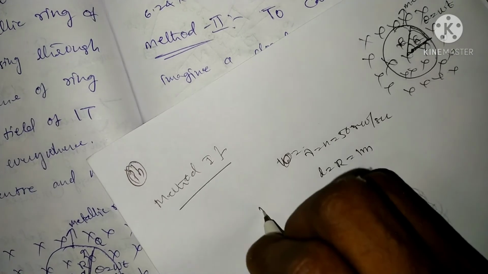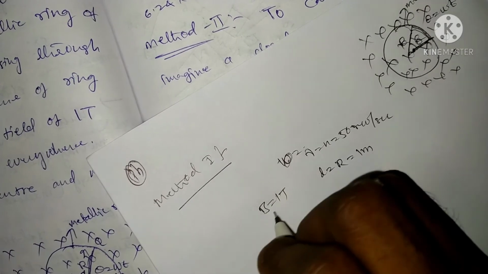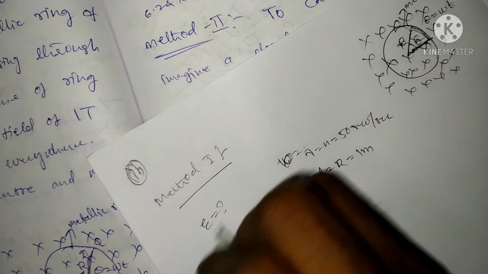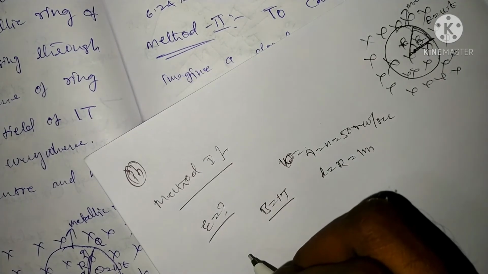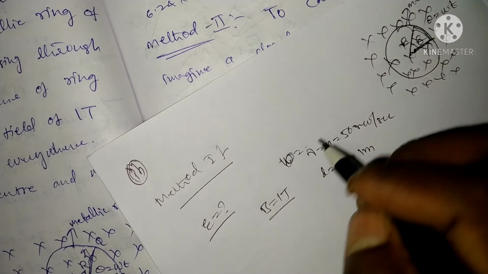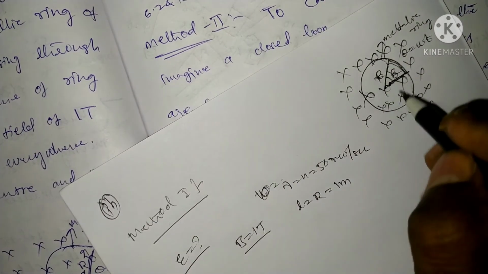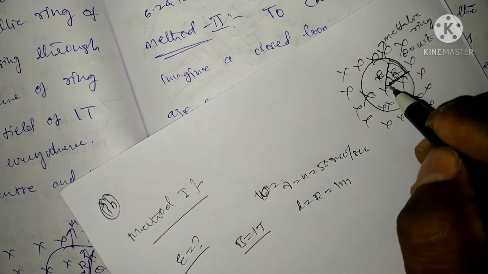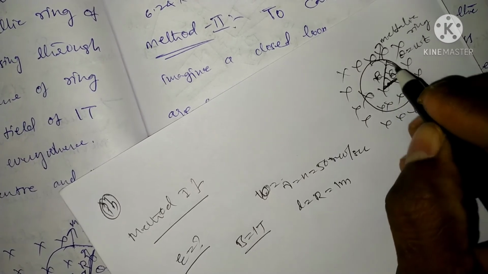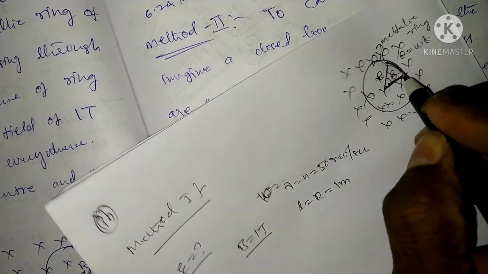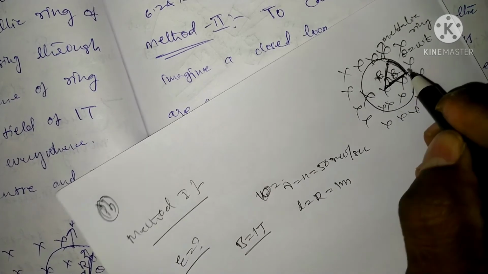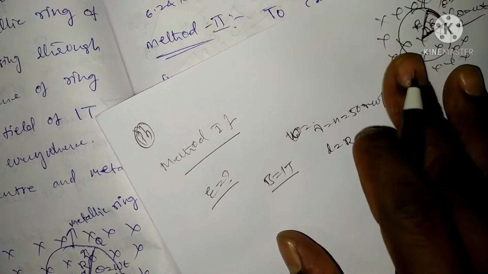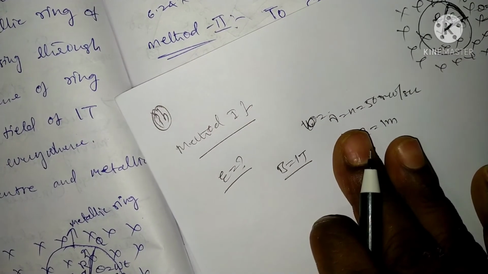We apply a magnetic field of 1 Tesla, and we can find the induced EMF. How much induced EMF is produced when the metallic rod is kept in a uniform magnetic field? The rod rotates through some angle theta equal to omega t. We want to find the angular velocity.